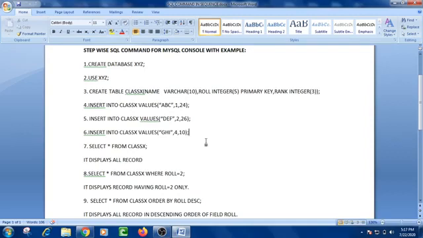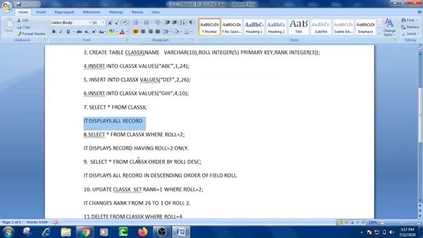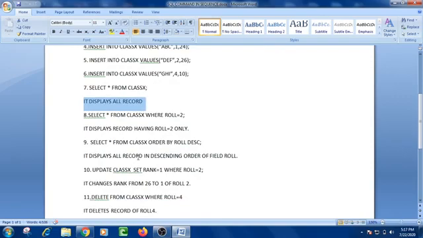Select star from class10 means select all records from class10. Then what will happen? It will display all the records present in the table class10. Now there are two ways to use the select command.